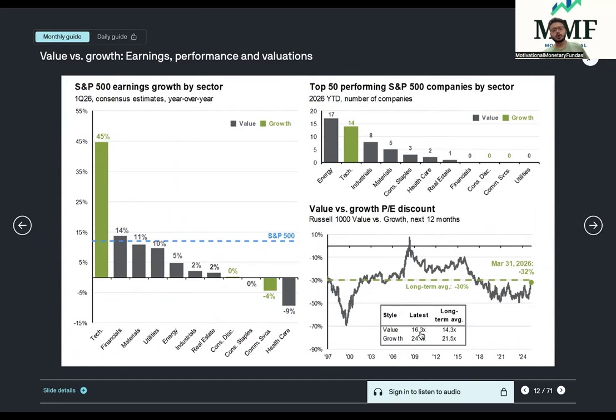And again, for growth, the long-term average for the Russell 1000 growth has been 21.5 times. It currently stands at 24.1 times. So both the value index as well as the growth index trade at a higher valuation multiple. Correct? So that is something we got to know. Here we can see much of the value sectors are bound to give the next leg of growth. Correct? So tech is more of a growth theme now, or large cap.